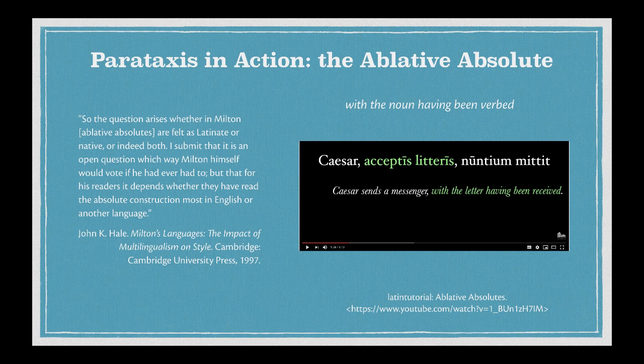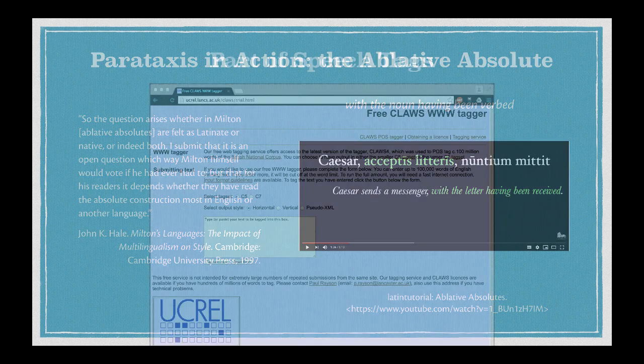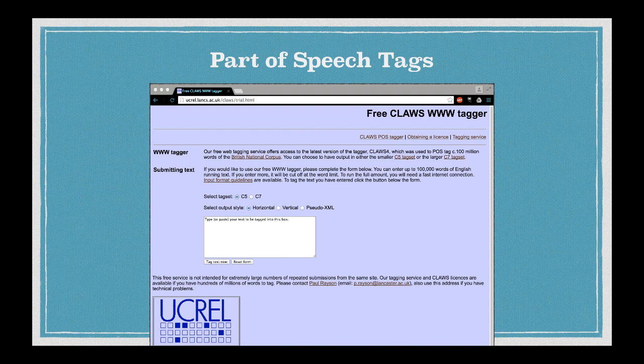And so Hale writes that Milton's readers probably knew something about these absolute kinds of grammatical structures, whether they got them from Latin or whether they got them from any other kind of language. He makes the case that these were really important to Milton, but what else is interesting, he only points out one of them. So, of course, my question is, can we find more? And if so, how? The computer doesn't really understand an ablative absolute, so we have to think about other ways to find it. One of those is that we can use part of speech tagging as a way to decipher where these things might actually reside and live.